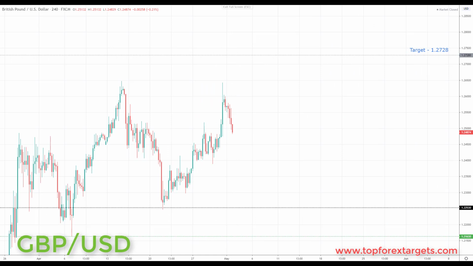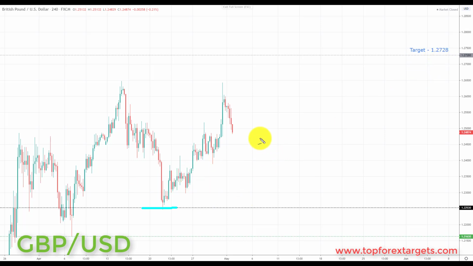So the next market we're going to look at is pound dollar. Now, in previous videos, we highlighted the 1.22530 as an area to look for a bounce to the upside, and we turned at this key of support almost to the pip, and we've started to rally up towards the key of resistance ever since. Very simply put, going into this week, we are still looking for the target of the